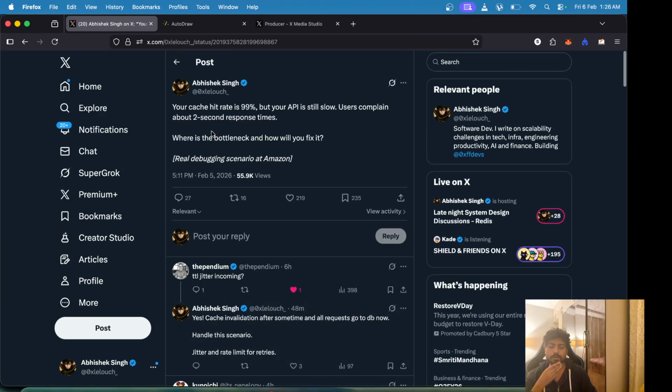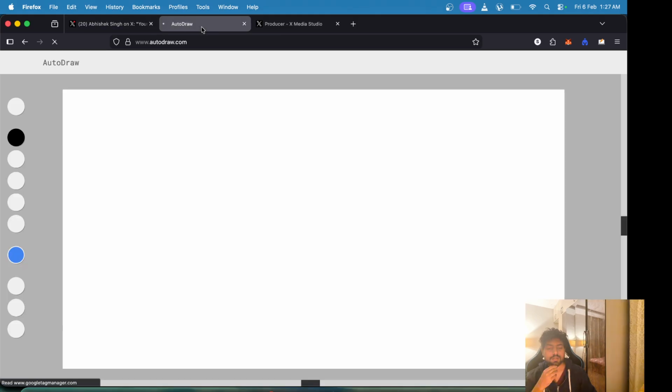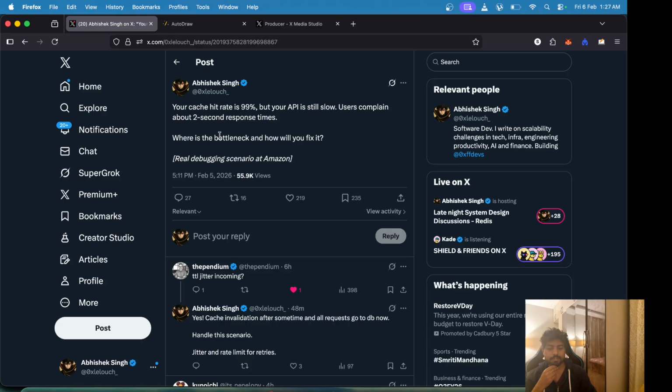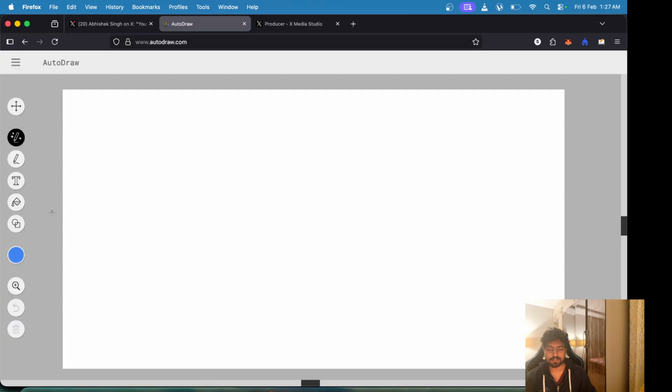Okay, so this is the problem: cache hit rate is 99%, but our API is still slow. And users complain that the response time is 2 seconds. Where is the bottleneck and how will you fix it?